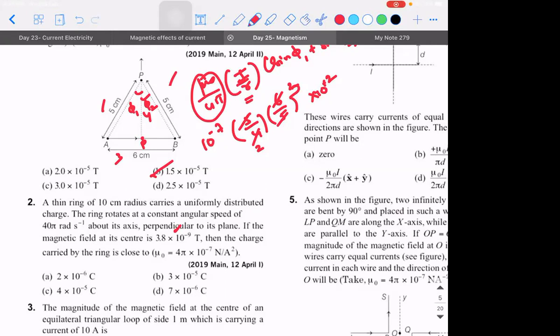So what does this chapter, magnetic effects of current, tell us? The charge has to be in motion. So here what are they doing? The charge is given and it is put into circular motion. So our work is to calculate the value of it. How to do? There is no direct formula for this. We have to think. What idea are you getting in your mind?